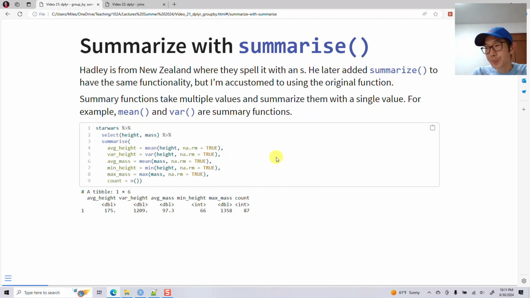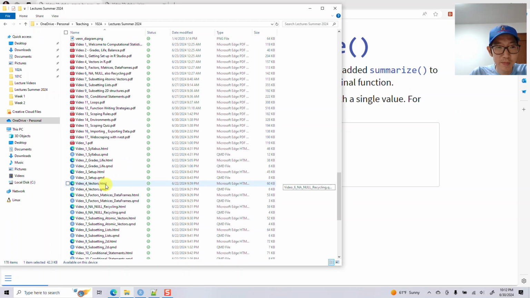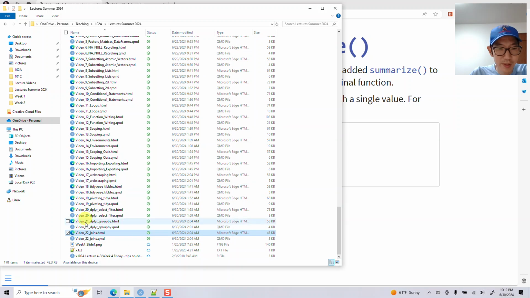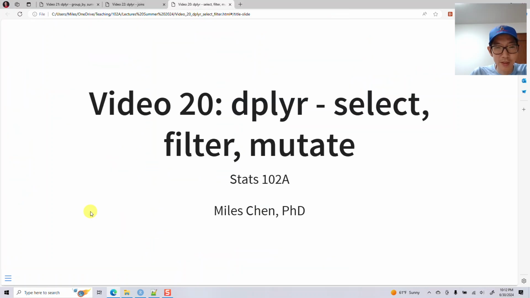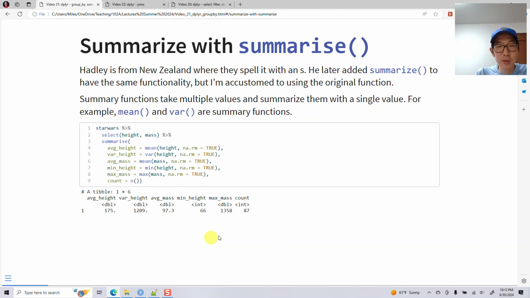data frame, okay? The entire data frame of Star Wars, and I forget how many characters there were. Let me, where did it go? Under select and filter, how many were in the original? Okay, 87 rows. Oh, it was right here in count. With 87 rows, it boils them all down to 1,